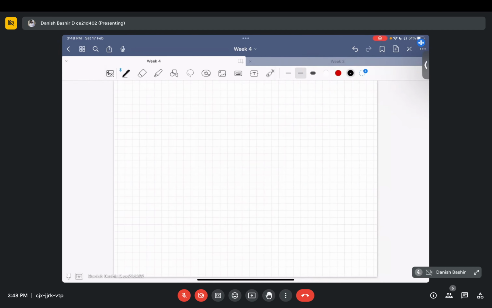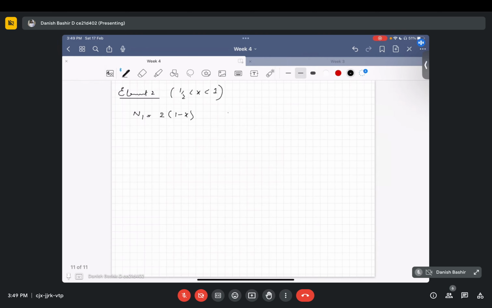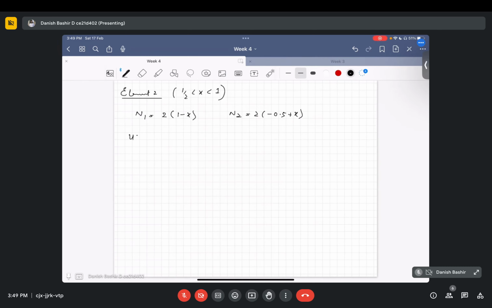For element 2, we have to see which varies from 1 by 2 to the end part of the domain, that's 1. For this, I will directly write what the shape functions will be: N1 equals 2 times (1 minus x), and N2 will be equal to 2 times (minus 0.5 plus x). You check these things at your place. And u of x will be equal to